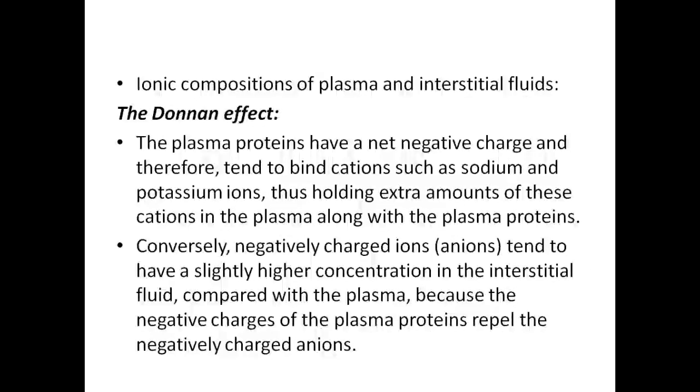So after that we pass to an additional discussion on the body fluid. How are they controlled, or how are they maintained? How is the ionic composition of the interstitial fluid and the plasma affecting the body fluids? So we come to what we call the Donnan effect, which explains the difference in the ionic composition between the plasma and interstitial fluid. How are they affecting the accumulation of fluid within these compartments?